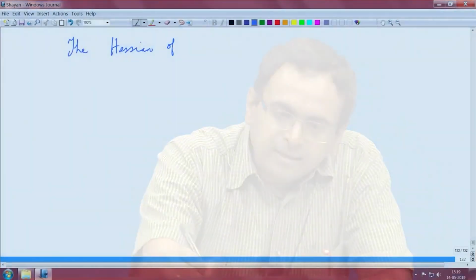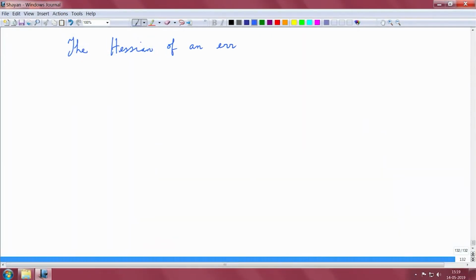There is another technicality to deal with Hessians. The Hessian of an error surface can have certain number of eigenvalues, right. I would say this is more an empirical result,